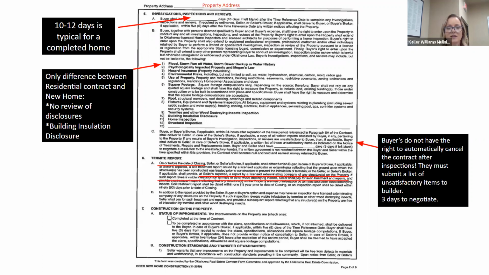Now, again, if during the time between when it was built and the time that it actually sold, visible infestation is noted, then the seller is going to be required to pay for the treatment and repairs. This is much different than on the residential contract. On the residential contract, if we want the seller to treat for termites, we have to specifically write that into paragraph 13. Whereas on the new build contract, it's written in for you. So therefore you don't need to add that paragraph to the blank